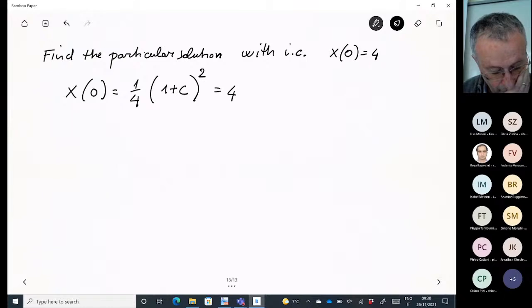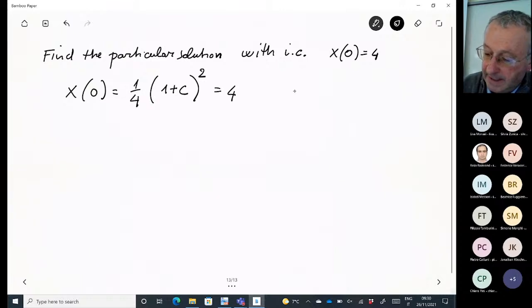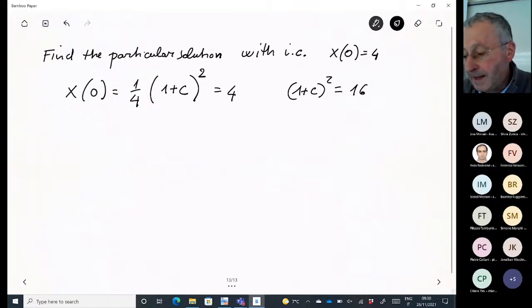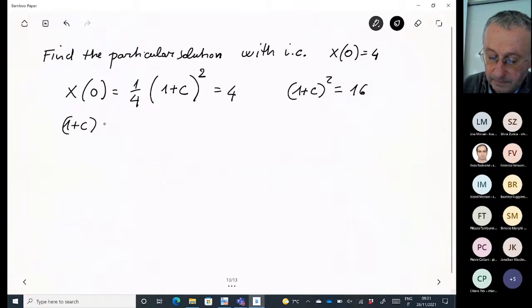We have to solve for c. This gives a condition on c. So basically 1 plus c squared is equal to 16. And 1 plus c is equal to 4. Okay? And c is equal to 4 minus 1. That is 3. So the particular solution,